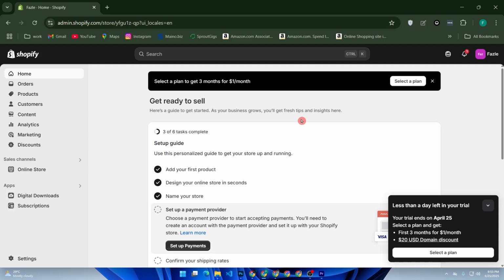Now, the most important part, finding the right product. Look for a product that solves a problem, has a wow factor, is not easily found in local stores, and is selling well on platforms like TikTok, AliExpress, and Amazon. Use tools like Sell the Trend, PPSPY for TikTok ads, Product Ads, and AliExpress Dropshipping Center. Avoid anything overly saturated